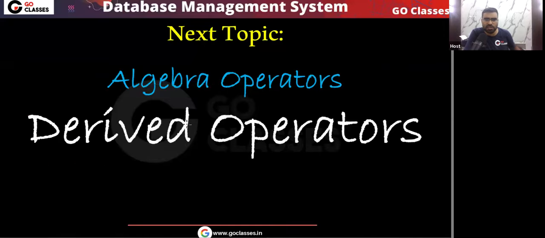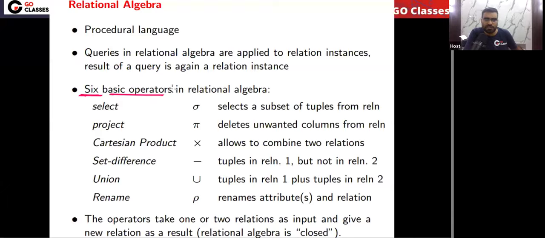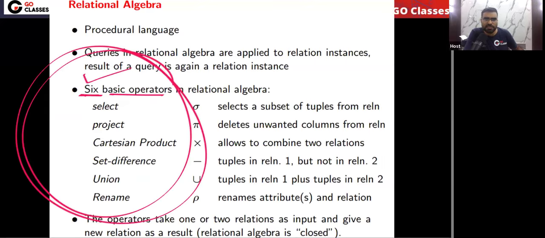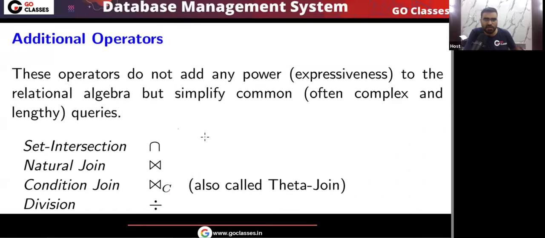Now we need to see some derived operators. Means from these 6 basic operators, we can derive these operations. Like we can derive intersection, natural join, conditional join, and division. So these are the additional operators. Remember,